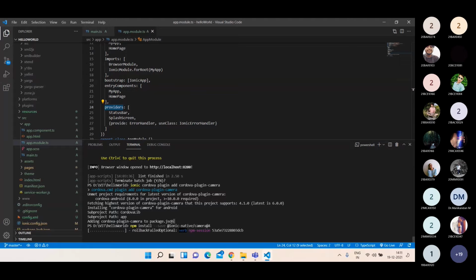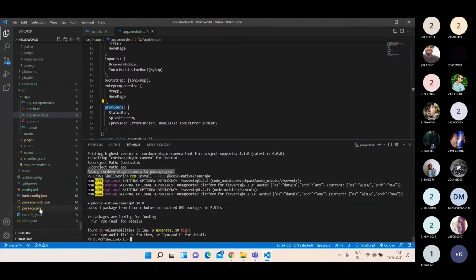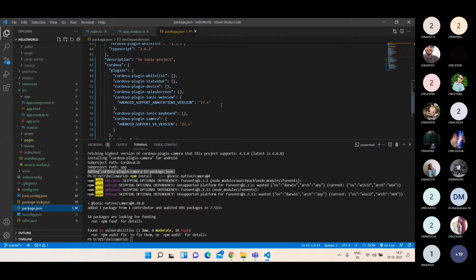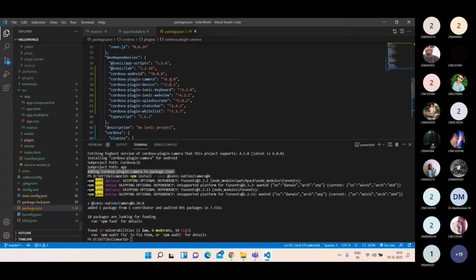So can you see it is automatically added to your package.json, right? If you open your package.json, you can see this camera got installed, right? Yes, sir. So the version, everything will be added automatically.